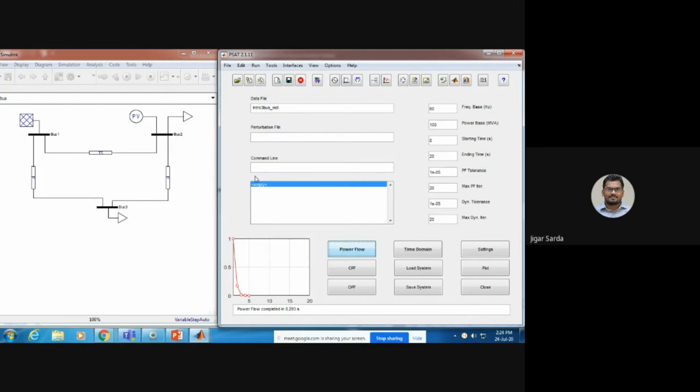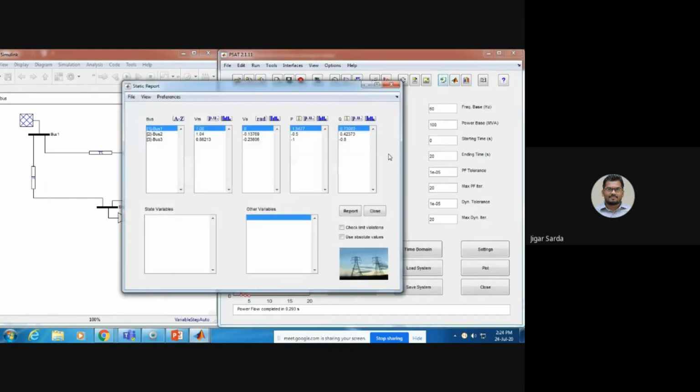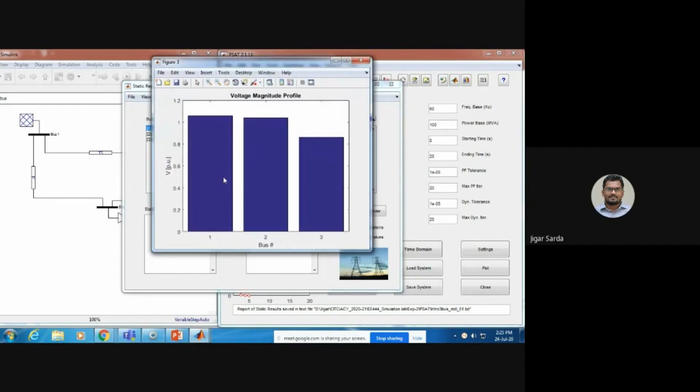So by this way we can do the simulation in PSET software, and for showing the result, click on this static report button, and click on report again. So you will get the report. Similarly, if you want the graphs of voltage magnitude, angle, active power and reactive power, by clicking here you can get the voltage magnitude of the 3 buses.